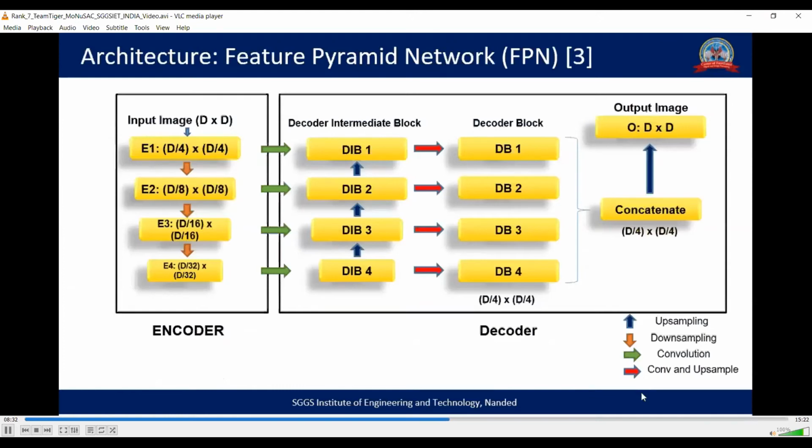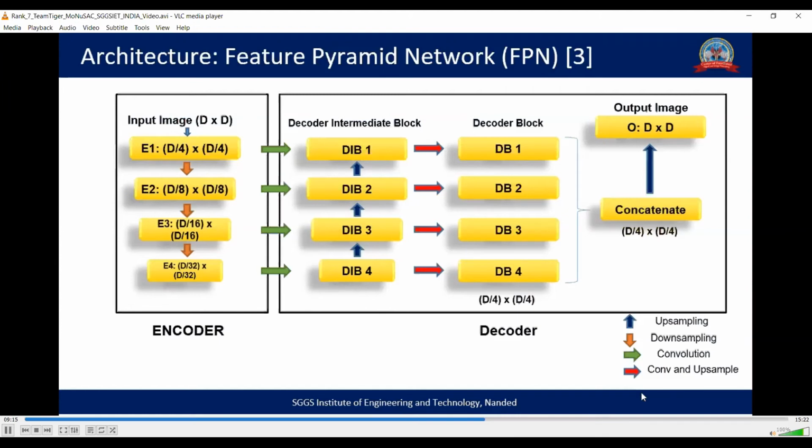In order to understand the models proposed in this work, we must know the feature pyramid network, FPN. Here is the schematic of FPN for segmentation as proposed by Kirillov, Girshick, and others. The given FPN can be divided into an encoder part and a decoder part. In the encoder part, features of various resolutions are extracted. After the output of each encoder block, the image is downsampled. The output stride of encoder block E1 is 4, for E2 it is 8, for E3 it is 16, and for E4 it is 32.